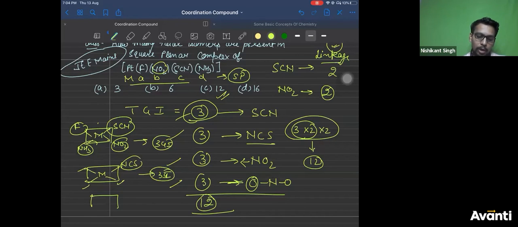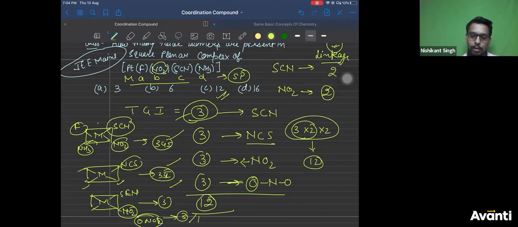Then you have considered NO2, right? NO2 with SCN, rotate 3 times, you'll get 3. फिर ONO के साथ, keep ONO fixed, rotate another time, you'll get 3. So you'll get total 12 isomers. ठीक है? Is that clear, Prashant? Now you can draw it, Prashant, but to draw 12 isomers will take a lot of time. मतलब हर linkage के साथ वो double हो जाएगा in short.